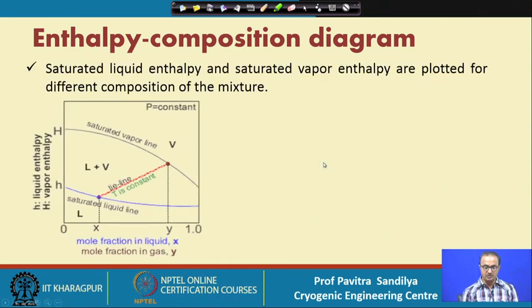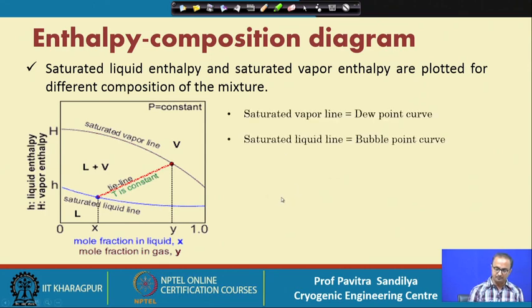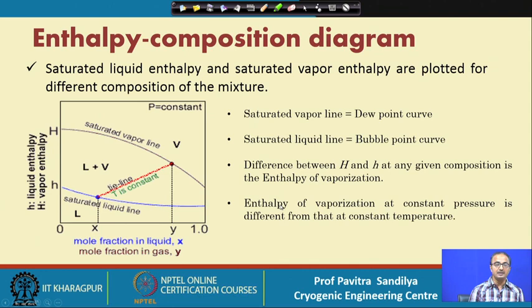Lastly, we come to another representation, that is the enthalpy composition diagram, which is not as popular as the temperature composition or pressure composition diagrams, but still is used for some kind of analysis. In this case, we are plotting the enthalpy of the saturated vapor and the saturated liquid. Now, we know that vapor enthalpy for a given composition and pressure will always be more